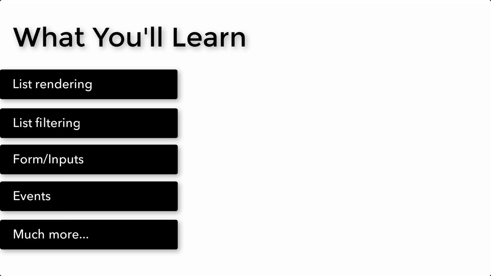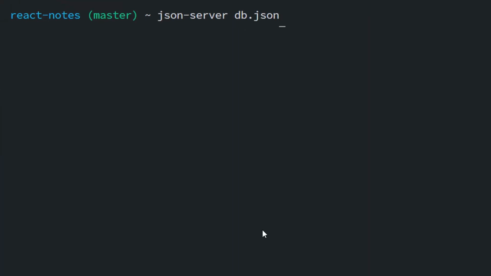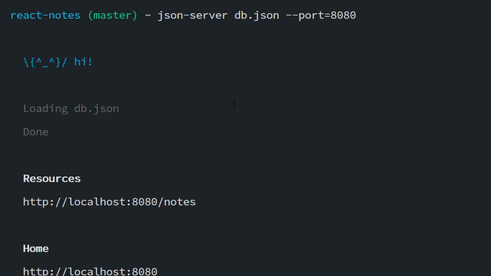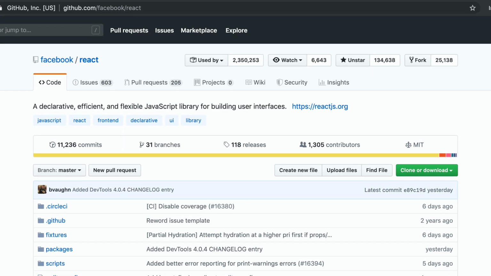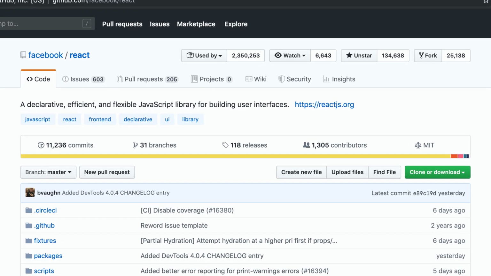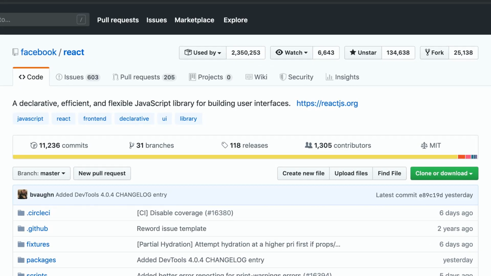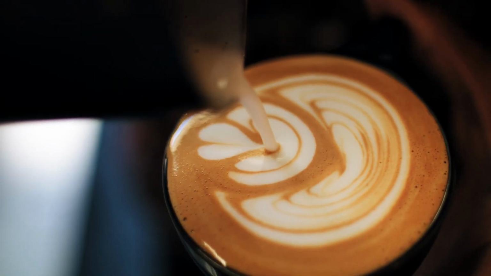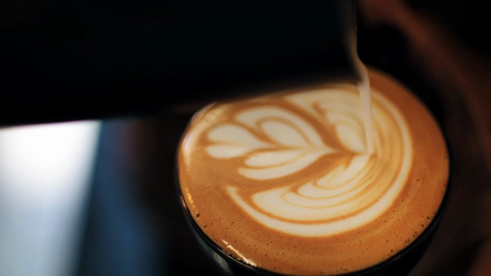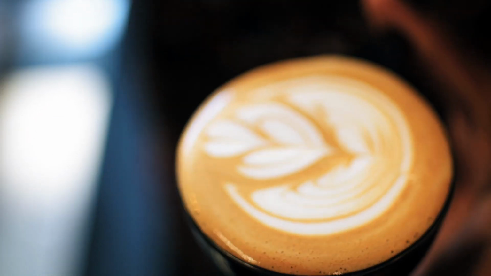much more. To top it all off, we'll take a look at how to build a demo REST API and how to use that REST API in your application so that all of our notes are saved even after we refresh the page. If you're just getting started with React and you want to build something practical, this video is for you. So sit back, maybe grab a cup of coffee and watch me as I build this whole application